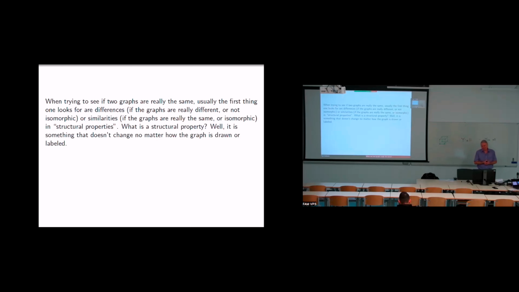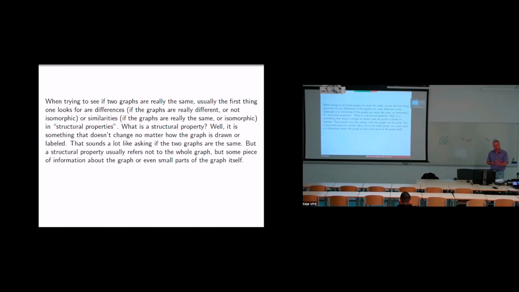Well, I've written something that basically means the same as they're isomorphic. That it's something that doesn't change no matter how you draw the graph or label it or color it or whatever. So it's a feature of a graph that is immutable. It always has it. Now, the difference between a structural property and the two graphs being the same or isomorphic